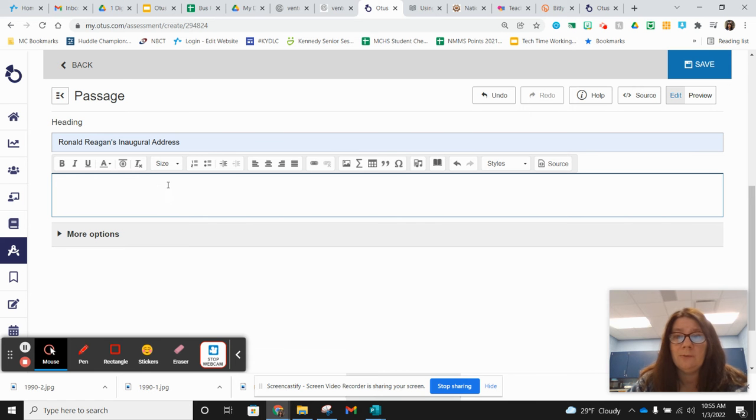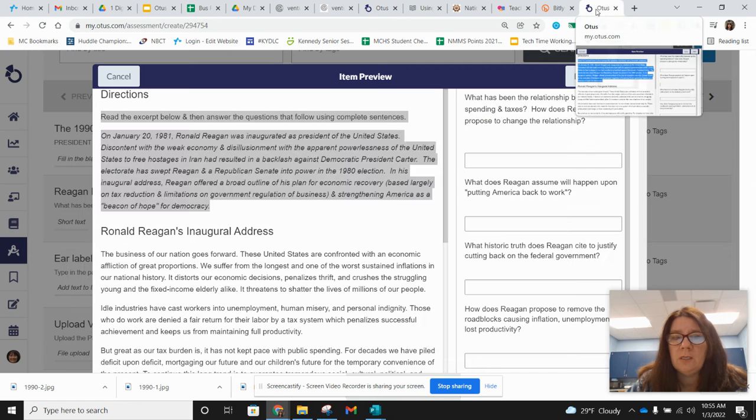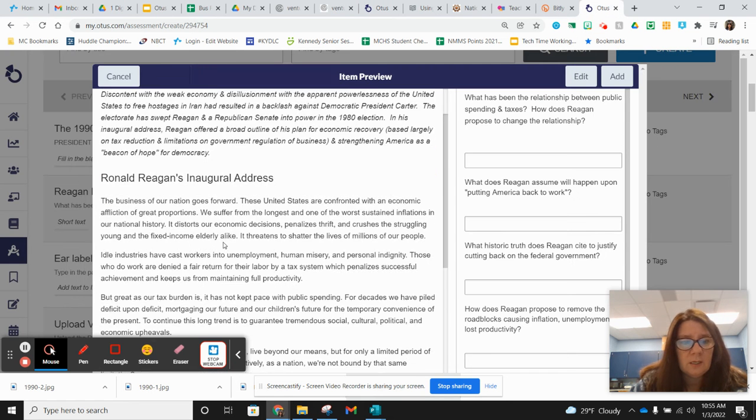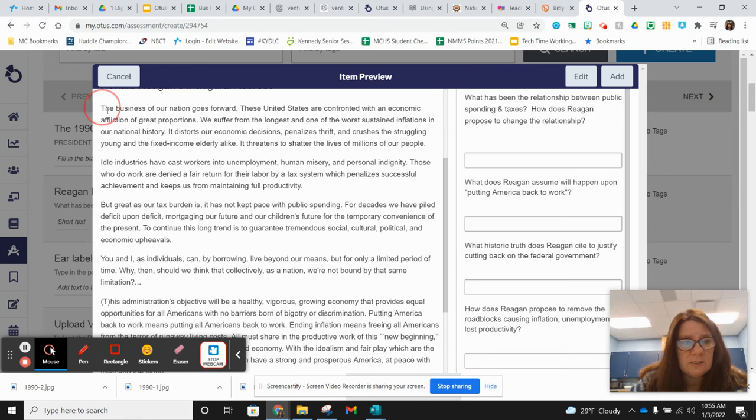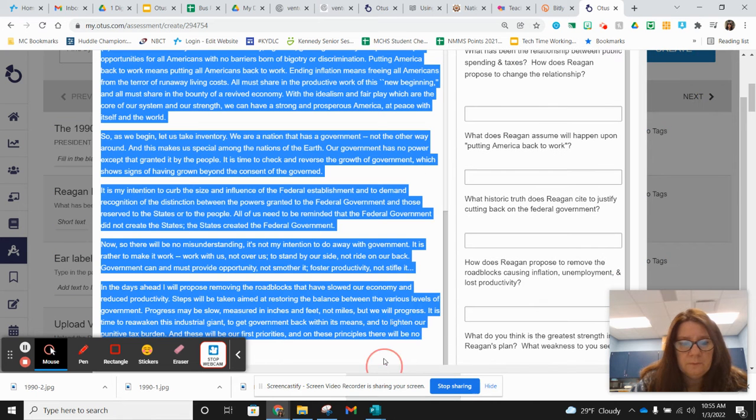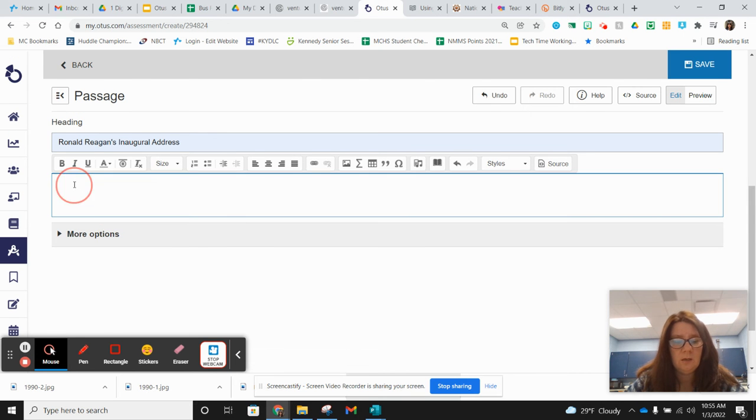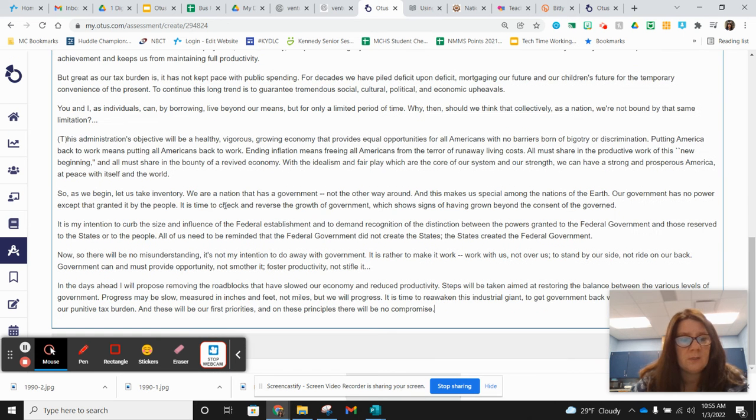I'm going to pause for a second. Actually, I'll just go back to it here and get all this text, because I just copied and pasted it once already. Okay, and that should be it. Hopefully, I'm just going to Control C, come back here, and Control V. Okay, and so here's